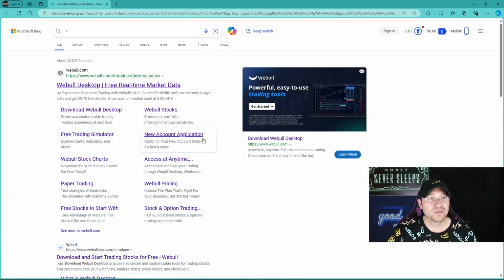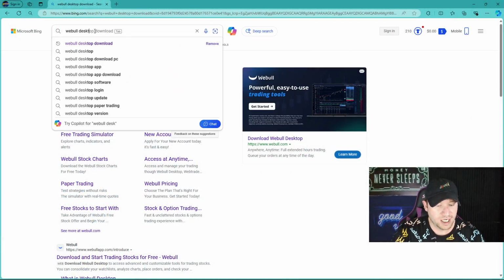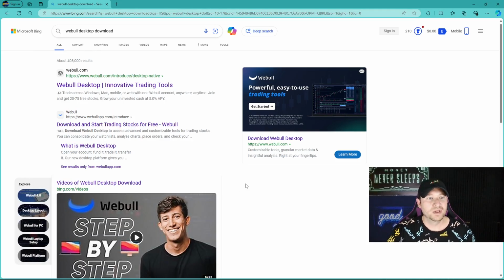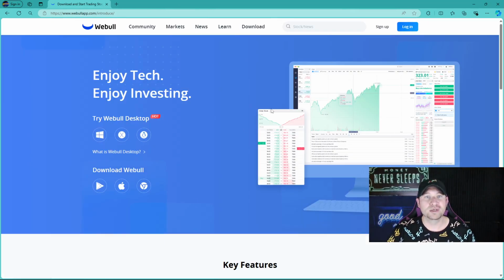So basically what you're going to do is type in WeBull desktop download, and you will be able to see this screen here. Now essentially you're going to want to click on this one and it's going to bring you to this platform here. Now WeBull is a free or zero commission based